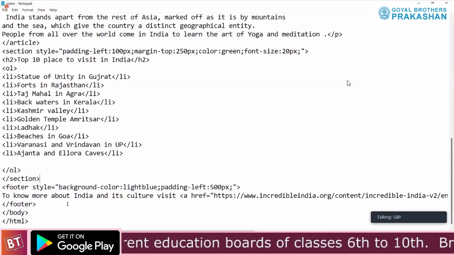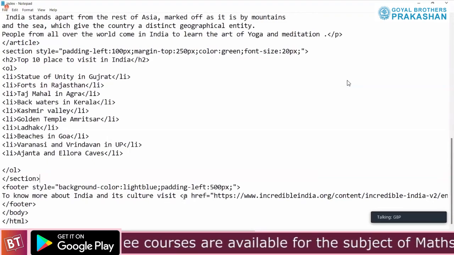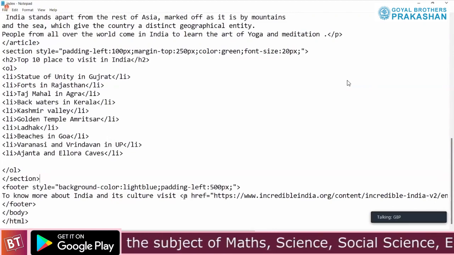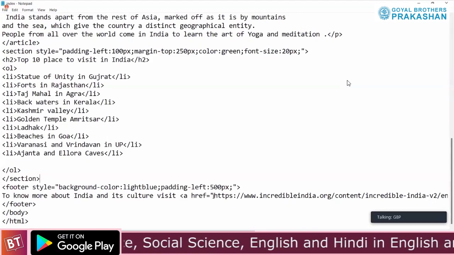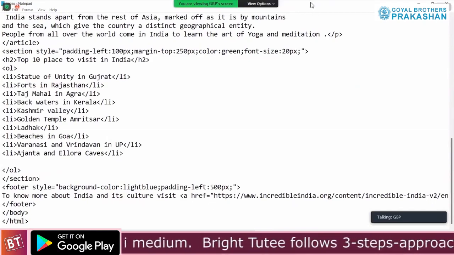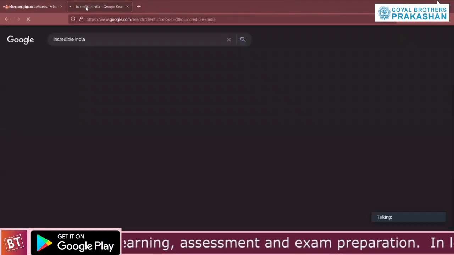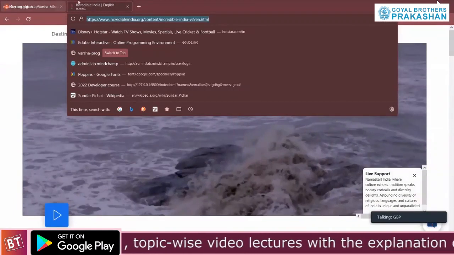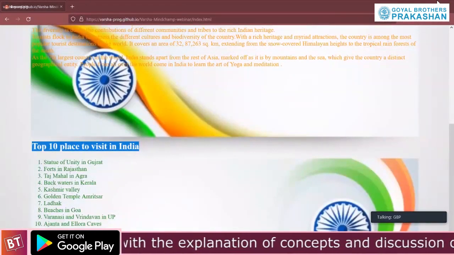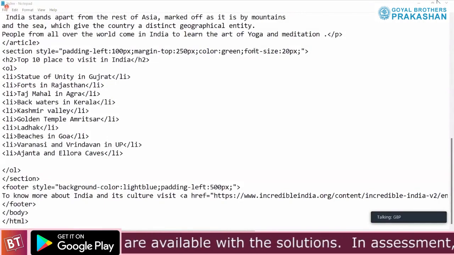Once this is done, to know more about, we will write this text. To know more about India and its culture, visit A. Again, we will open a tag because we are going to put one link. A href is equal to, and last time I showed you Incredible India website, right? Open it again, copy its link. How you are going to do that? Go here, type Incredible India. Okay. So this will come up. Just click on this and copy this one. Copied, Control C, right? And go on your page and paste it here in double quotes. Okay. And once that is done,